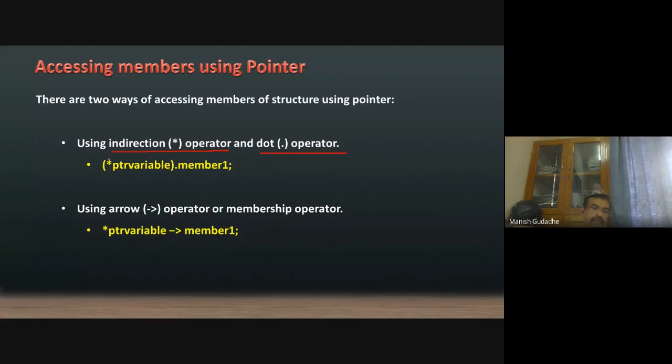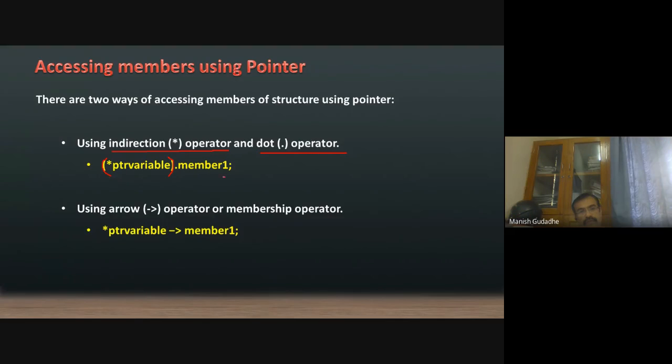The only thing you need to keep in mind is that the parenthesis is very important whenever we use the indirection operator. You have to put the pointer variable in parentheses so that it clearly differentiates between the use of the pointer variable and accessing the members through it.